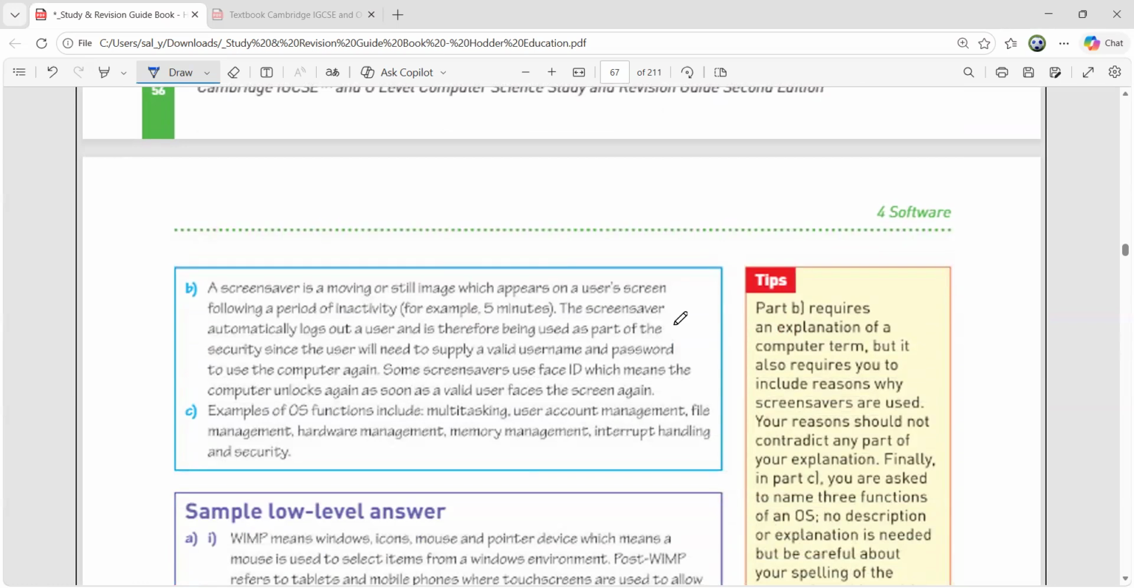See, this is the same. The definition that you need to be very careful about. Examples of OS functions include multitasking, user account management, file management, hardware management, memory management, interrupt handling. So this is your